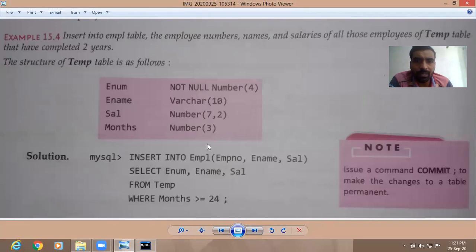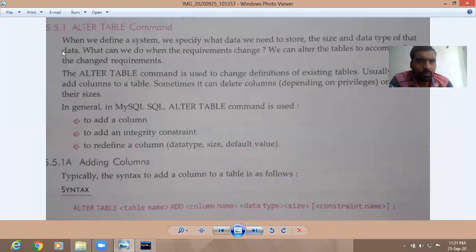So here the example is given. Now we have alter table command. Alter table command means how to change the different data items of the table.